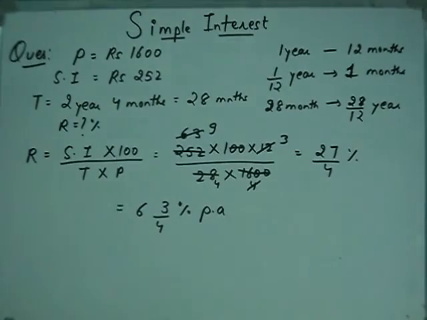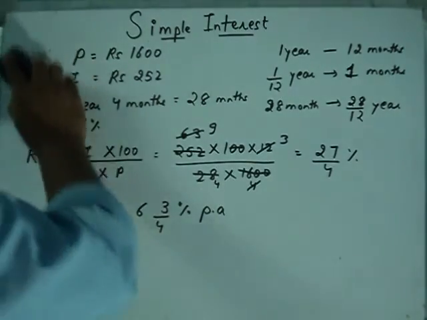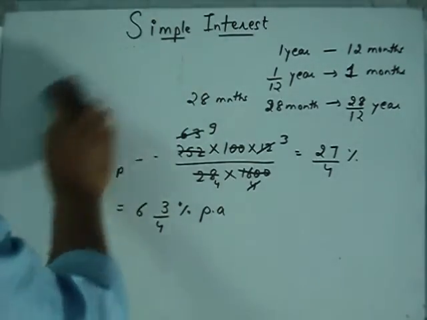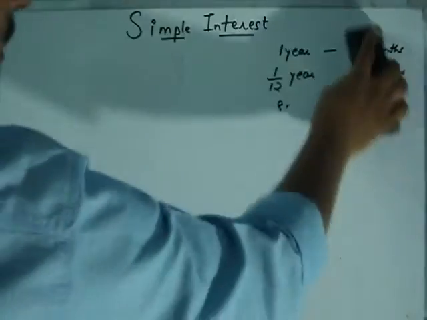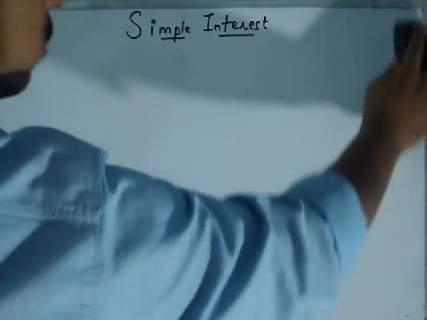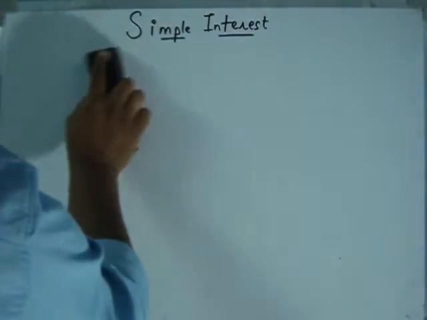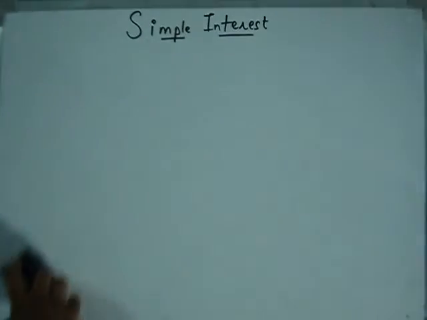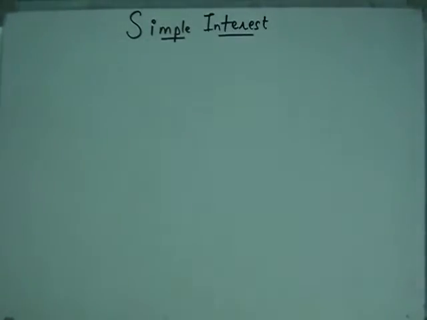Okay, let's discuss another type of numerical. This coming numerical we can solve by a trick also. We have a direct formula to calculate this type of numerical. Like, the question is saying that the rate at which a sum becomes 4 times of itself,